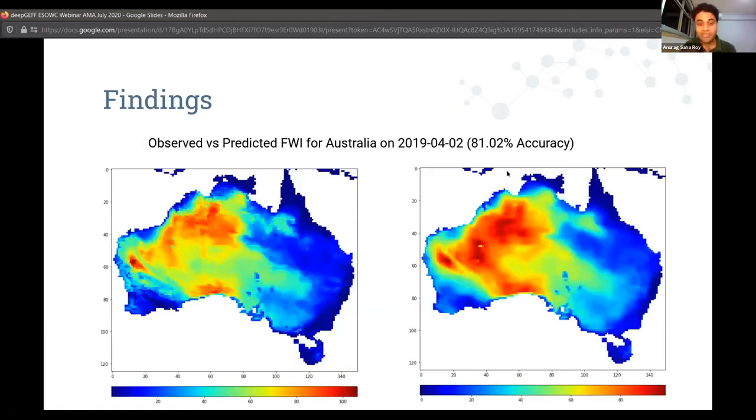Now, this is a very pictographic and visual representation of what we're actually doing. On the left, what you see is the real FWI that has been calculated after taking historical observations. So it is not the prediction, but the actual FWI based on reanalysis data. And on the right is our prediction from the deep learning model. And I think it looks quite consistent, at least from a pictorial and color-based representation. There are definitely some inconsistencies, but again, this meets the 80% accuracy criteria that we're trying to reach.